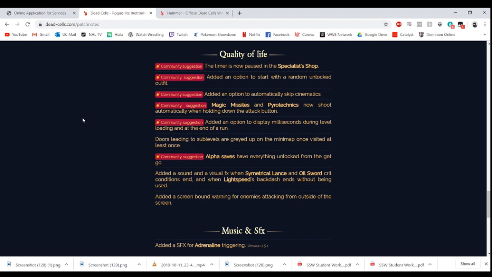What else? Magic missiles and pyrotechnics got a huge buff, so now they're like quick bows, so you can just hold down the button and they shoot automatically. Pyrotechnics, this doesn't really matter, but magic missiles, this matters because the last 1.4 run I ever did was magic missiles, knockback shield, owl, and something else. Can't remember what it was. Might have been like a turd or something. I honestly don't remember, but